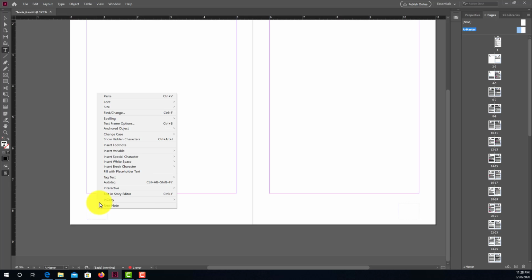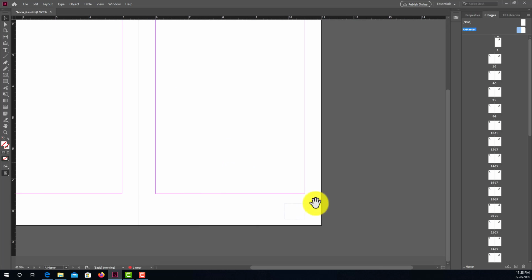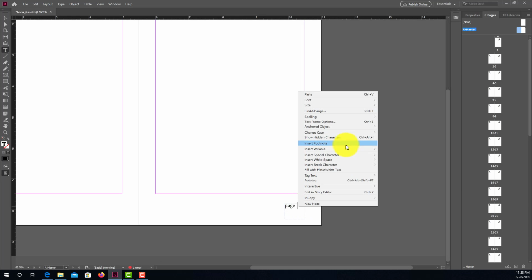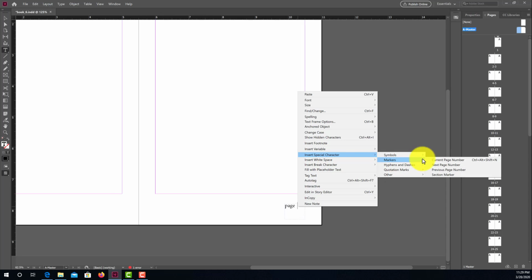One of them is the insert special character, and under markers you'll see current page number. So that's what I want to use right there. I'm just going to click on that. So inside the master it's going to be labeled as A, and if I do that again, just click on my selection tool and go over to this other one, click inside again, so I've got the type tool in there, and I'm just going to type in page, and if I just space over a little bit, and I'm just going to right click now, and then I'm going to go insert special character and markers and current page